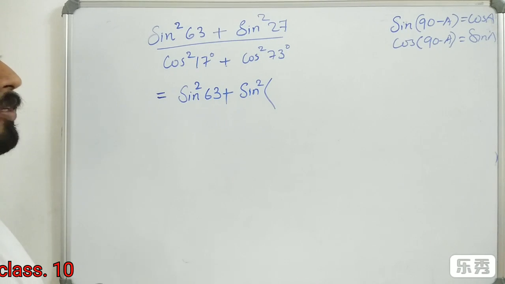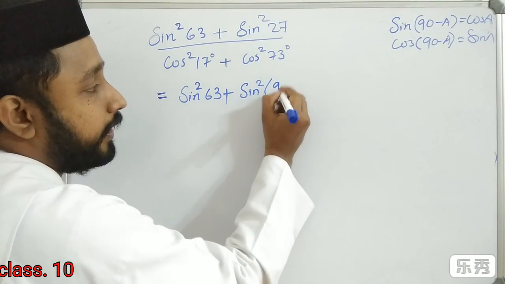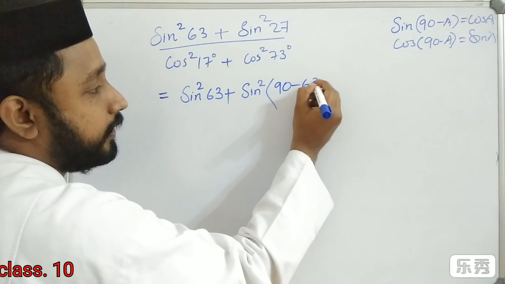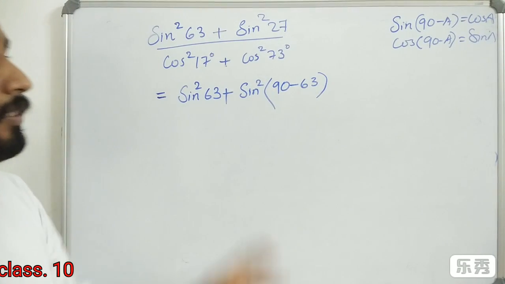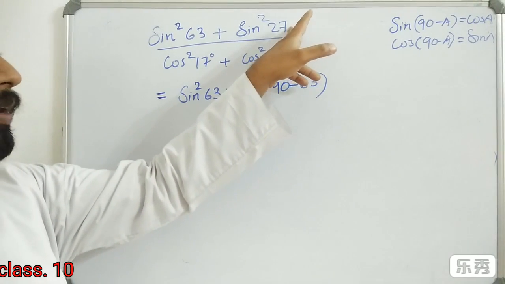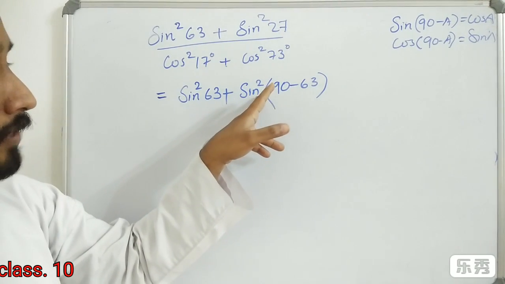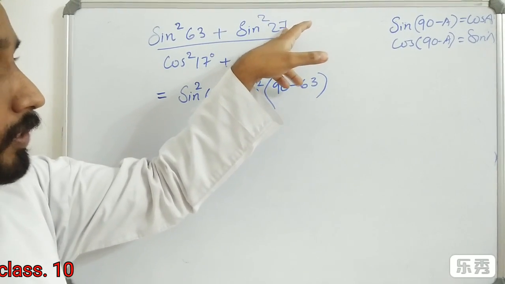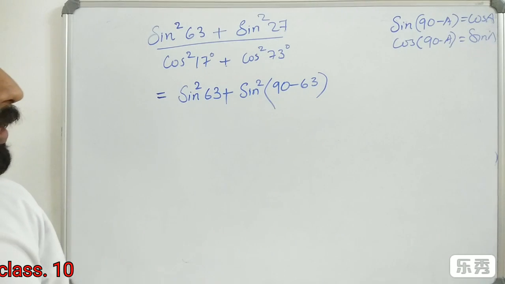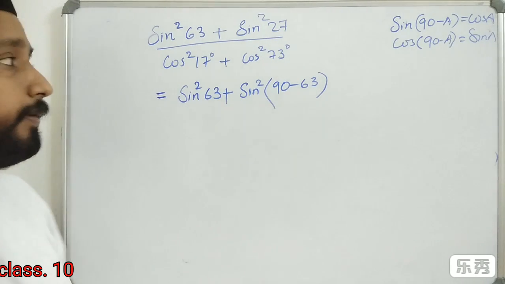Instead of this 27, I am going to write 90 minus 63. Just one change. For this 27 only, I change it to 90 minus 63, divided by,